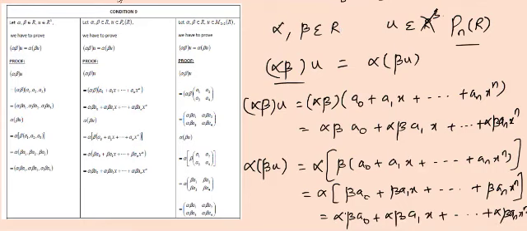Only one more condition is left out. The 10th condition is very simple logic, very simple. We have to prove it for every vector. I am taking the vector set as here M2x2(R). I should prove 1 into U. 1 is 1 here, right? 1 into U must be equal to U. You people may ask, what is there in it? 1 into U will always be equal to U.